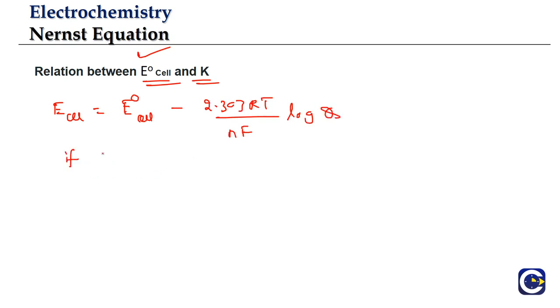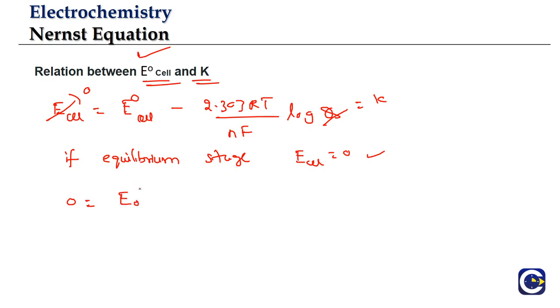If we reach the equilibrium stage, no more cell reaction is going to happen, so the E cell value will be equal to 0. So if we reach equilibrium, E cell will be 0 and Q value will be equal to K, the equilibrium constant. The reaction quotient value will become the equilibrium constant. So 0 will be equal to E naught for the cell minus 2.303 RT by nF log K. If we rearrange it, E naught cell will be equal to